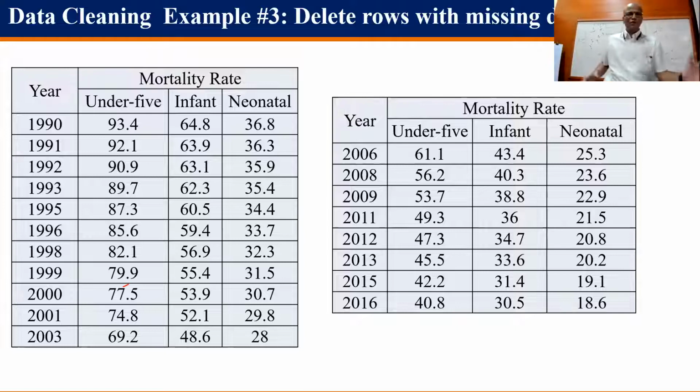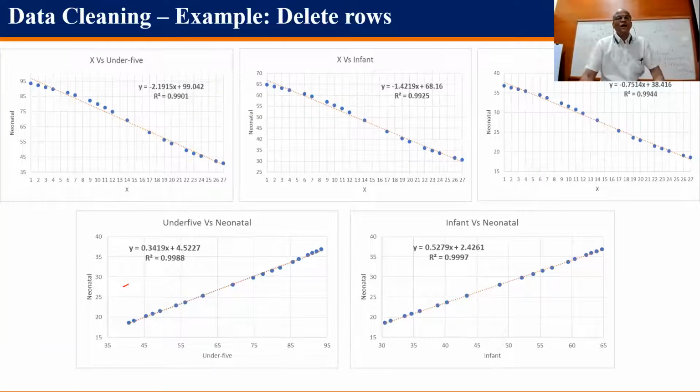If you do this, what happens? We just knocked off all those rows, even those in which only one entry was missing. Okay. R square is reasonable, but there are some missing data points. This is not bad. This is not very badly off. But if you have sparse data, there's no point in not doing data filling and continuously eliminating the data. So in this simple example, because we took only a little bit of the data set,